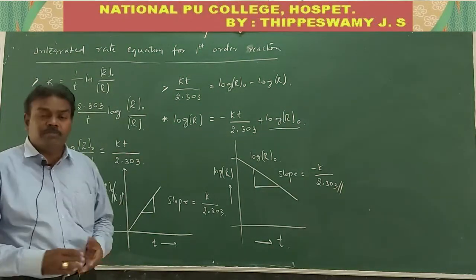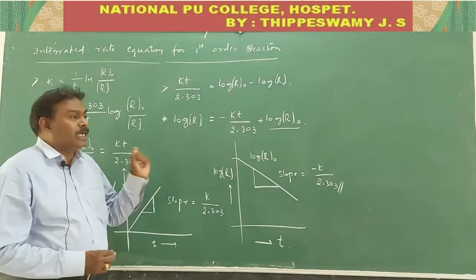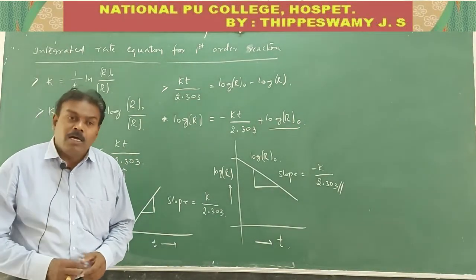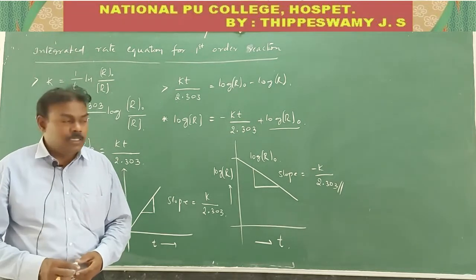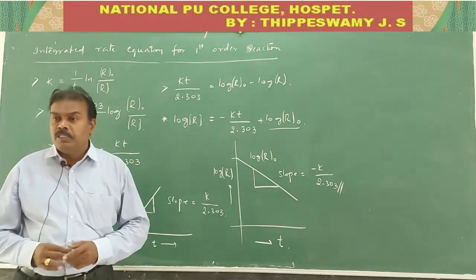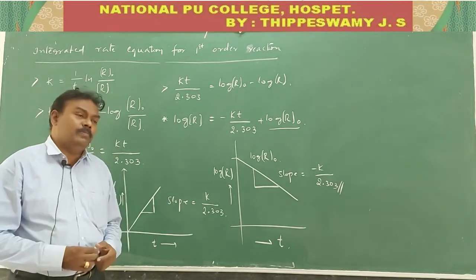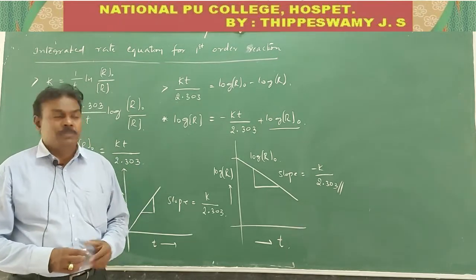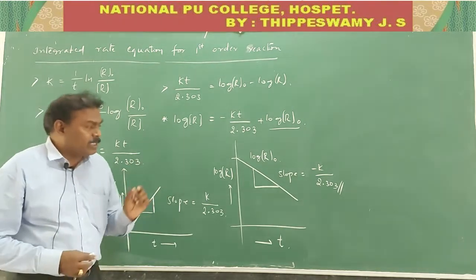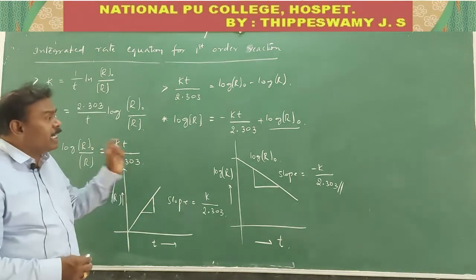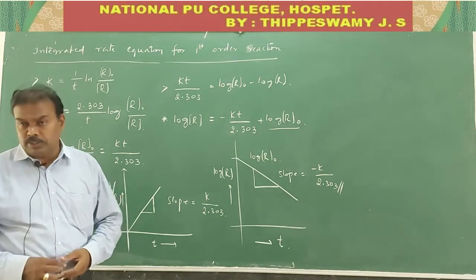So these are all the different forms of the integrated rate equation for the first order reaction, or the rate constant for a first order reaction. All these are very important points. Don't neglect. Read the points carefully. Even it is given in the notes itself. You have to refer to the notes properly and understand the concept. Following all of you. So this is regarding some points about the integrated rate equation for the first order reaction.